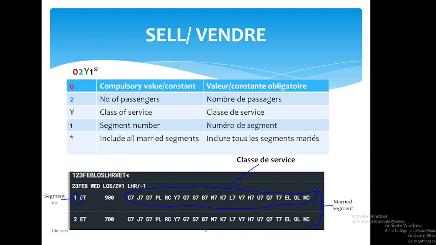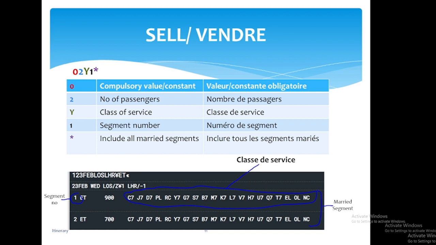Now, when you do an availability, how do you sell? So to sell is 0 2 Yankee 1 asterisk. That is sell for 2 passengers. If the number of passengers is 1, it will be 0 1, then the class of service. If you look at this, Tango class is having 7 seats. So I could decide to do 1, assuming I'm selling for 1 passenger. 0 1, that's the number of passengers. Tango 1 asterisk. That is sell 1 passenger, Tango class, start from segment 1 and sell for segment 1 and